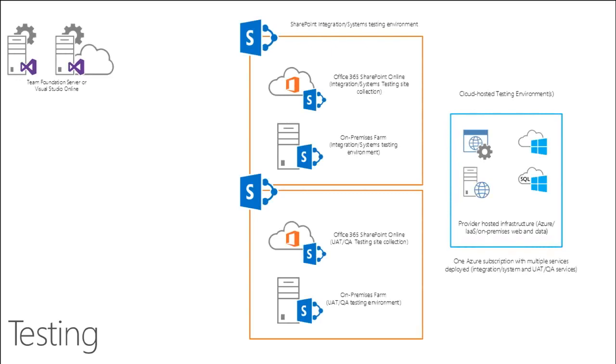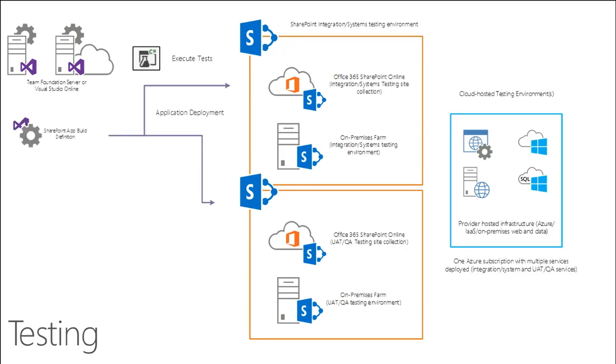This is a much more robust overview of testing. In this scenario, as you've seen, Team Foundation Server and Visual Studio Online will deploy as part of the build definitions into an Office 365 or an on-premises integration systems environment or a UAT environment. The reason we're bringing this point up is because typically the integration systems test environment will have higher churn. This environment at the top lives only to make sure that we can run coded UI tests and that TFS can tell us, as a result of those tests, when the build breaks.